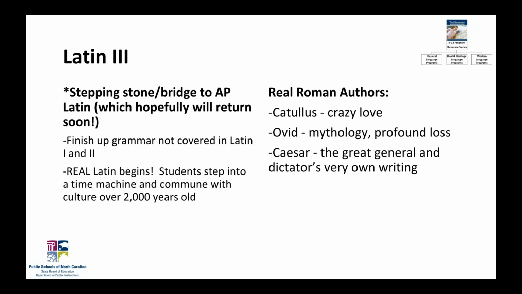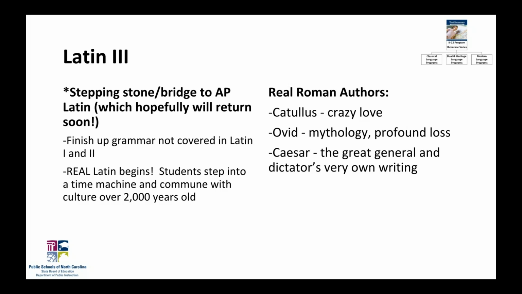We also read a couple of selections from one of Ovid's more obscure works called the Tristia, which literally means sad stuff. And this is where Ovid deals with his exile from Rome and society. He was ostracized for somewhat mysterious reasons, forced to live thousands of miles from Rome and all his friends and family. And so he opines about his intense loss, and that is another sort of universal theme that anyone can identify with.